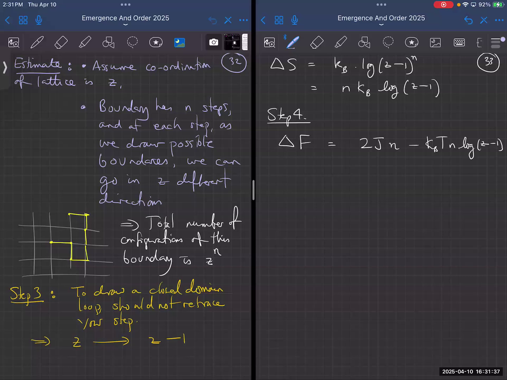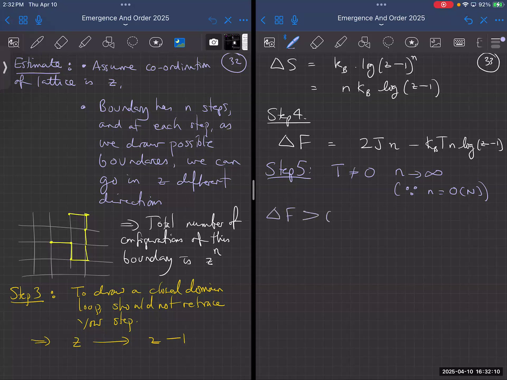So step 5, what we're going to do is have T be non-zero, and we're going to take n to infinity, because we're going to make the total thermodynamic size go to infinity. We want our domain to be a fixed fraction of the system. So n is going to infinity, and the reason is that n should be order N in order to scale with the system size. And so then you can see that delta F is positive if,